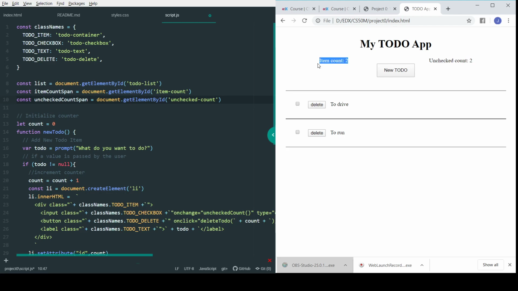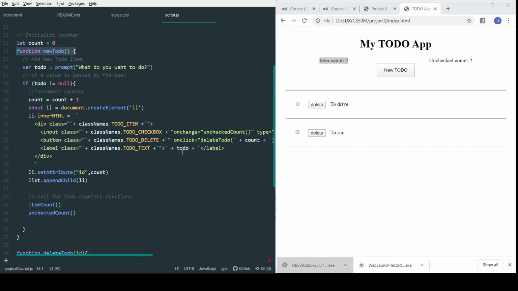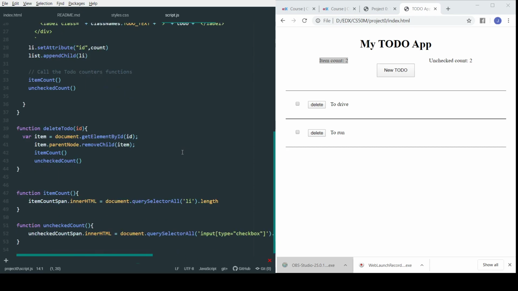2 instead of 3. And what I did was update this script.js, which is provided initially. And this consists of an empty function new to do. And what I did was I implemented a few functionalities. First, a few of those functionalities include a function counting the items on the list, and a function counting the unchecked items on the list, and then a function to delete the item based on the ID of that list